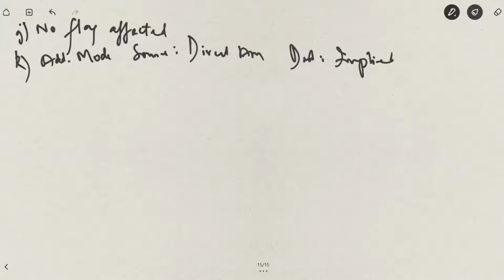Addressing mode for the source and for the destination. For the source, again, it is direct. For the destination, it is implied. And the micro RTL,